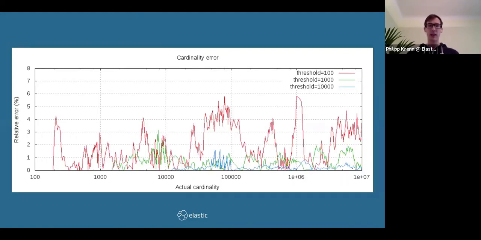You can see an example of the approximate error count that you could have based on different thresholds. You can see with a threshold of 10,000, the error rate, okay, here we have a slight spike to 1.5% or so, but otherwise it's way below 1% of the values. And as you can see, for lower values than the precision threshold, the result is exact. That's why the error rate only starts at higher values than the precision threshold.